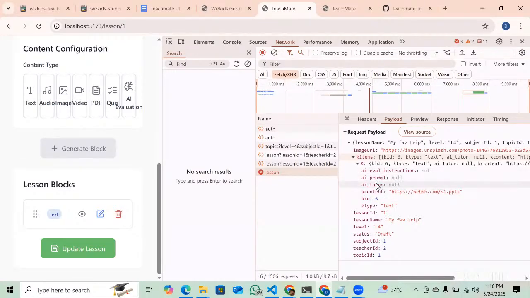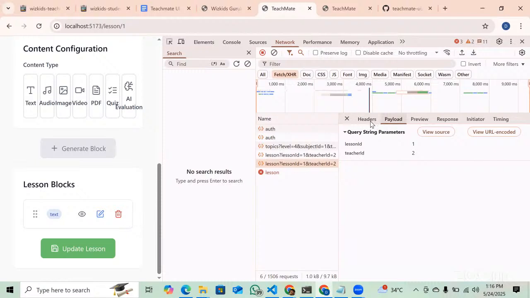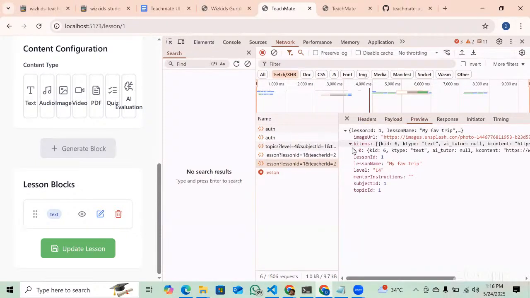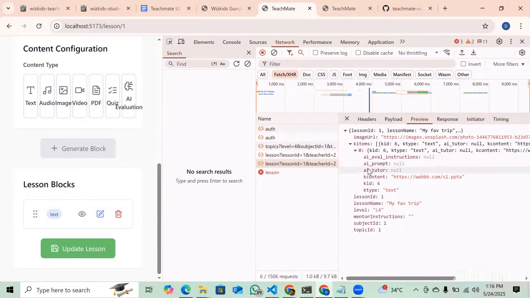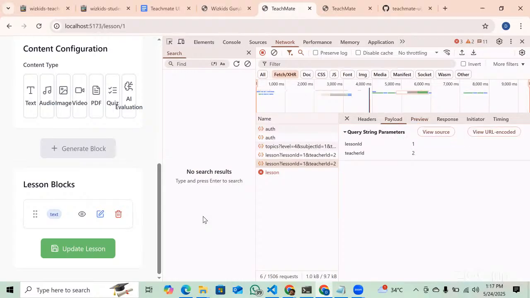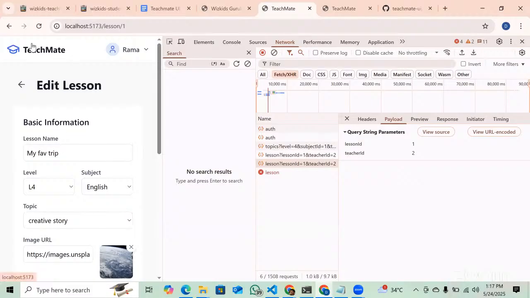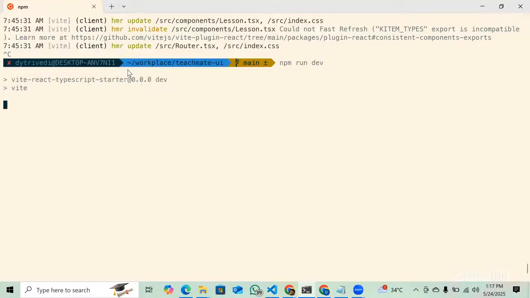ये आइटम्स में क्या है सर? अनएक्सपेक्टेड बोल रहा है। AI eval instructions, AI prompt, AI tutor. तो आएंगे सर। वो इधर से आ रहा है। हम ये इसी तरह से एक्सपेक्ट करते हैं ना AI ट्यूटर वगैरह को। यस, डेटाबेस में अगर हमने कुछ नहीं दिया तो वापस नल आएगा। नहीं वो तो ठीक है, लेकिन ये फील्ड का नाम यही है ना? जी, अच्छा, मैं और चेक कर लेता हूँ। ठीक है, मैं अब एटलीस्ट ये कमिट कर देता हूँ, बिकॉज अभी एवरीथिंग लुक्स गुड नाउ। अगर ये AI ट्यूटर वगैरह चल रहा है ना, दैट मीन्स दिस विल वर्क।